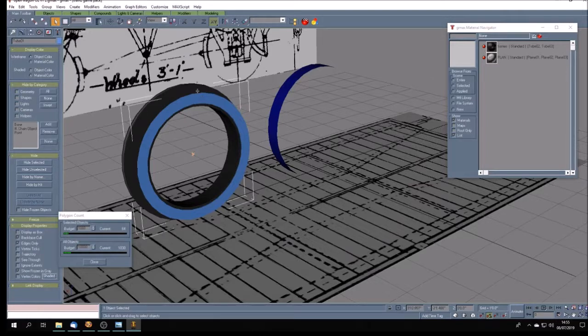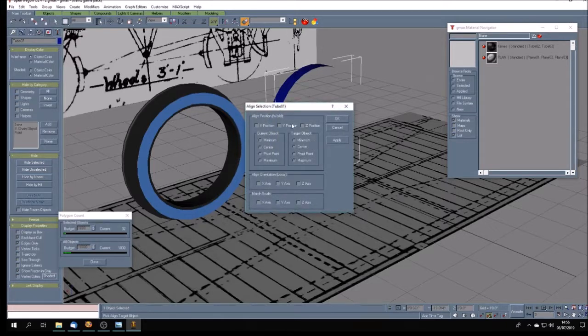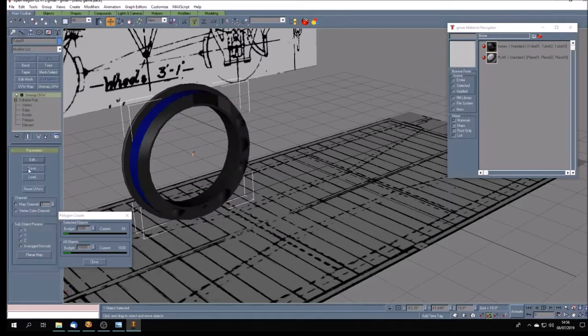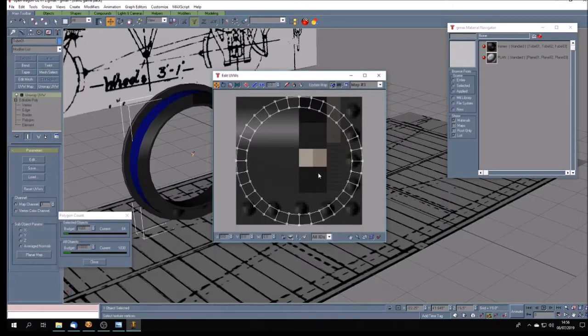Now obviously we can't see a tyre there. In fact, what I'll do to show you that there is going to be a tyre there, I'll take the tyre and I'm going to tell it to position it back where it was. I'm positioning on the XYZ of this mesh, and it's blue. So there we are. So let's take the tyre, apply the frames. There we go. Alright, UVWs, and